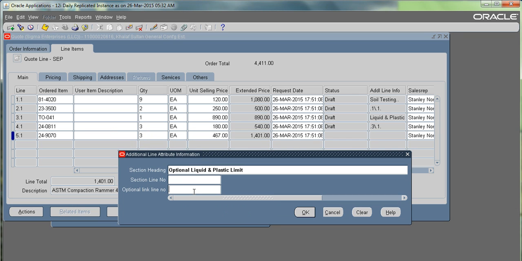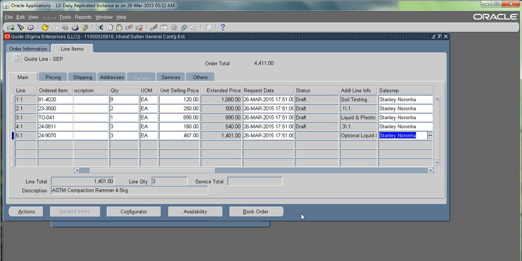Since this is going to be an optional item for liquid and plastic, we should mention the line number related to the liquid and plastic section. So the first line is basically 3.1. This is the line which has the header information, so mention 3.1 and press OK. Now once you're clear that everything has been added, save the code,